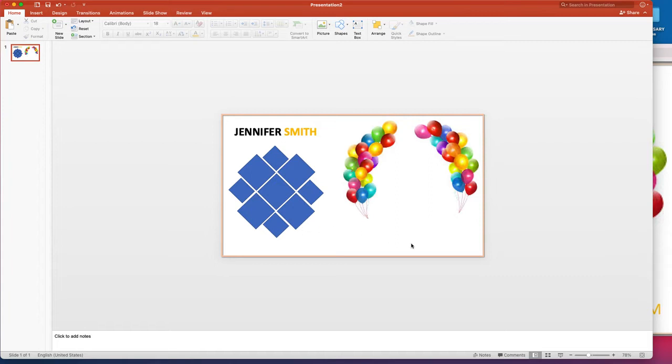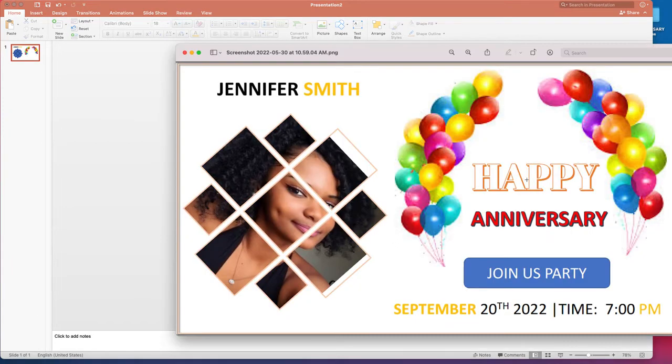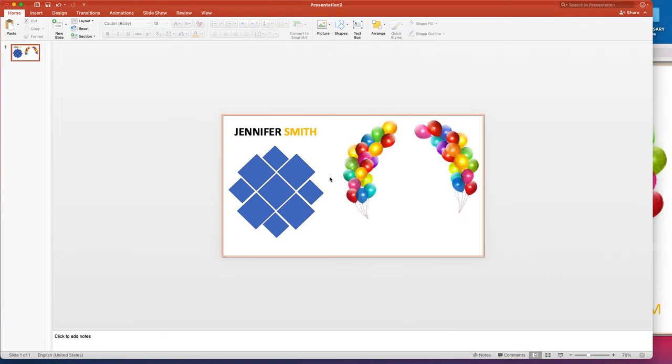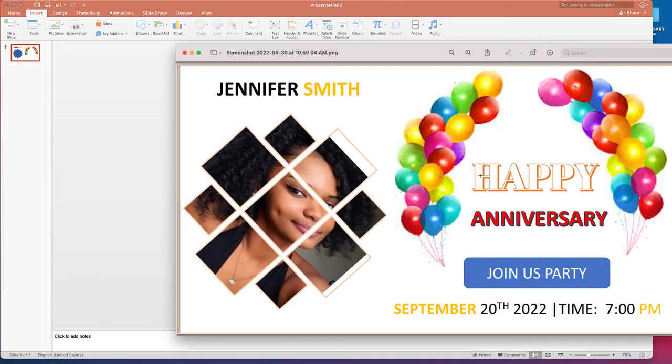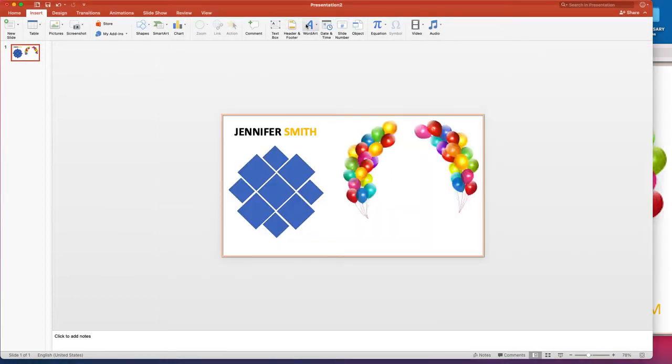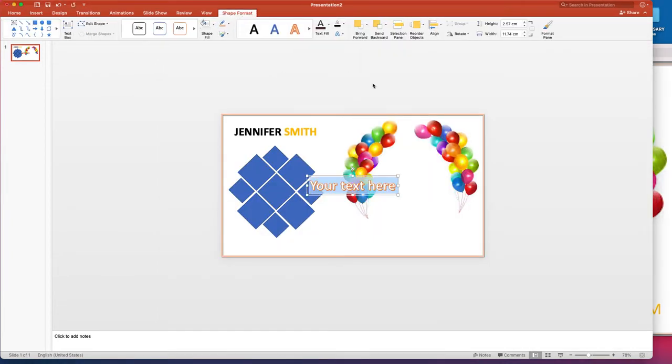So I need to, when I check here, happy anniversary. So let's go in for the design with WordArt text. Click on the Insert tab and go to WordArt. Now the first one, let's check. Okay, so this is a style. So we design the WordArt, and this is a style. Now we are going to center it over here. Then we type in